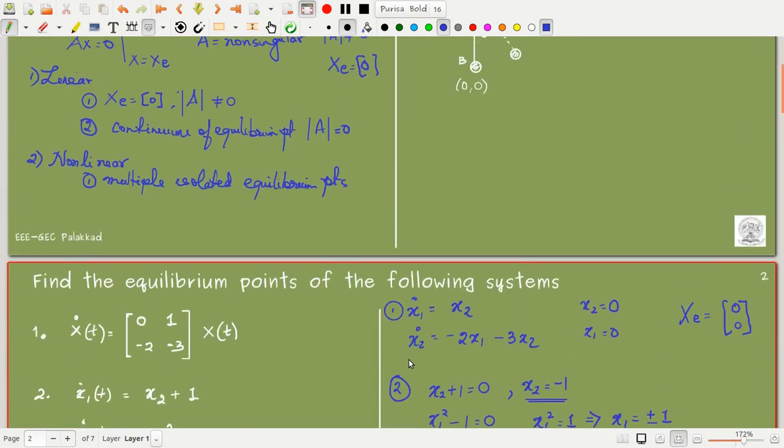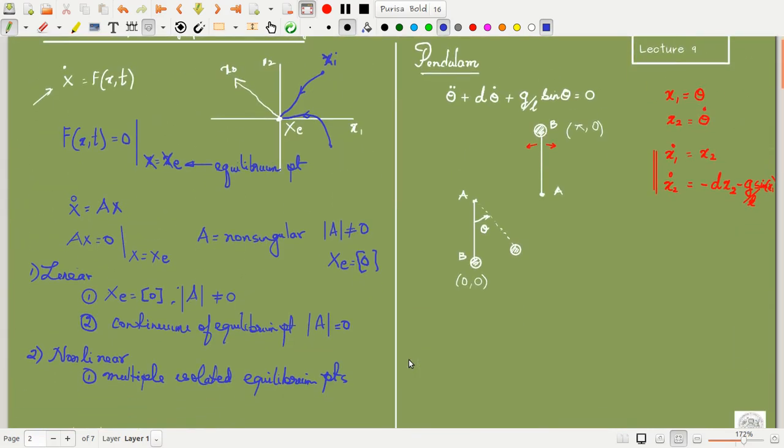We had seen in the pendulum case that there are two equilibrium points. One of the equilibrium points is stable, the other one is unstable. So we are going to speak about the stability of the equilibrium points as such, not about the stability as a whole. We are going to give a small perturbation. We are going to consider a small area near the equilibrium point, and speak about the stability of the equilibrium point in the case of this nonlinear system.